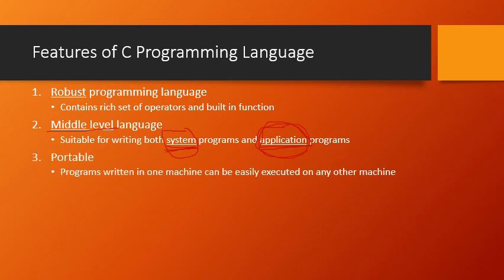The next feature is portable. Portable in the sense that if a program is written on one particular computer or machine, the same program can be executed on another machine. That is the adaptability. Suppose you might be creating a software on one particular system, but eventually you may be willing to execute it on certain other systems. In such cases, the programming language should support portability. So portability is achieved in C programming, meaning that if you write a program on one computer, it can easily be executed on another computer or machine.